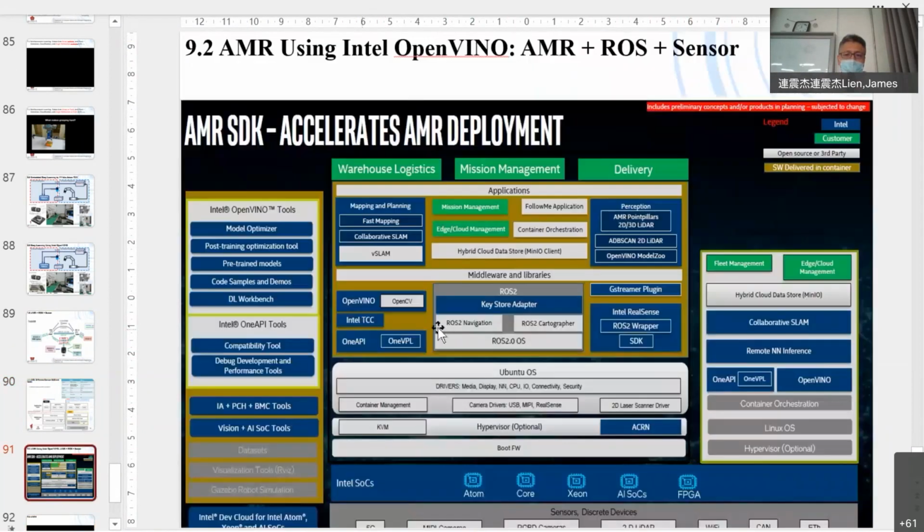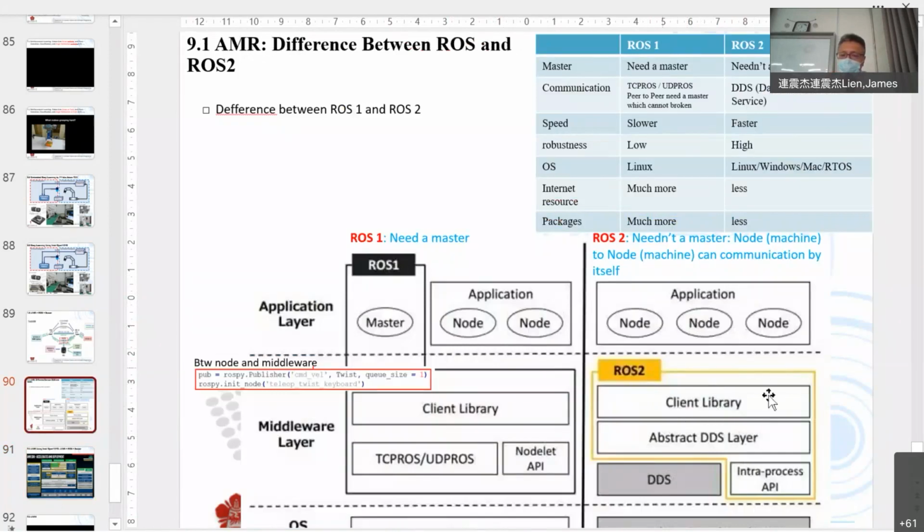So I find Intel has this one. Intel has a ROS 2. So we'll use this one. And what I say is that in industry, many companies start to use ROS 2, but in academia, many people still use ROS 1, because we don't have information talking about ROS 2.